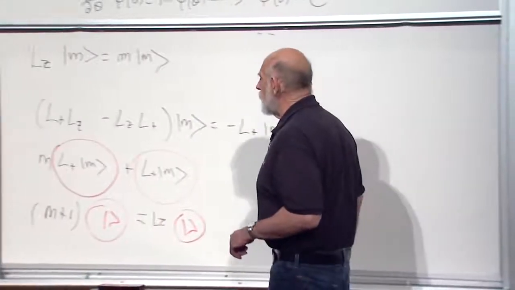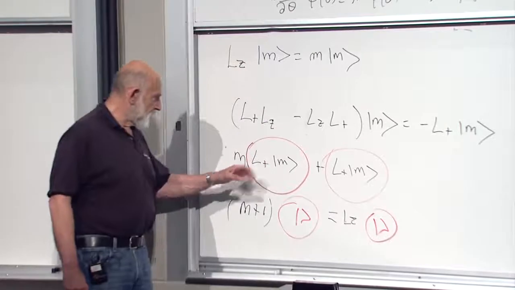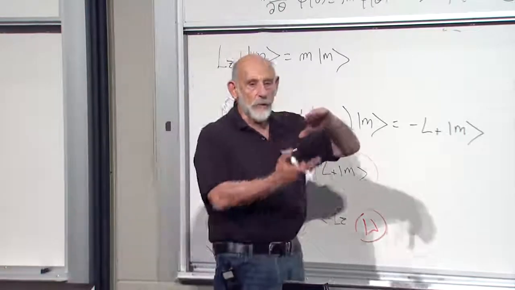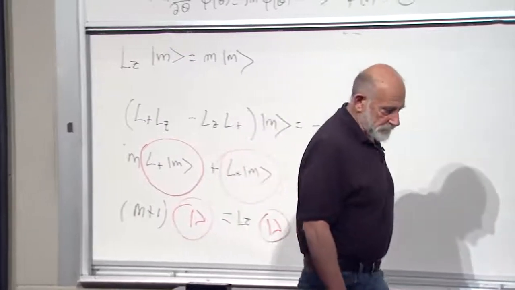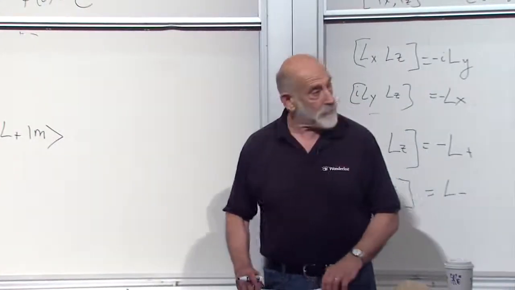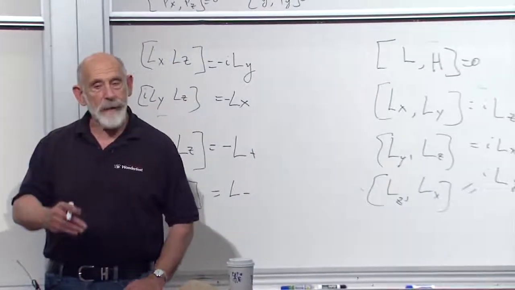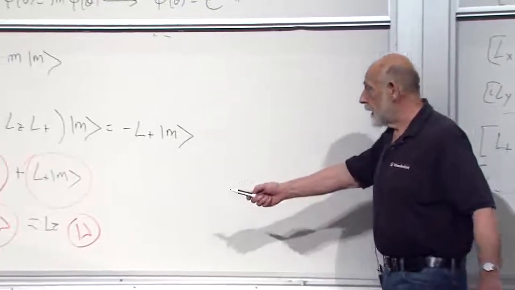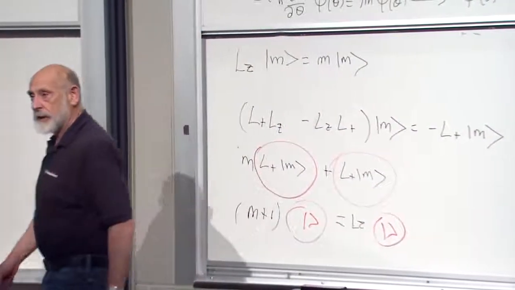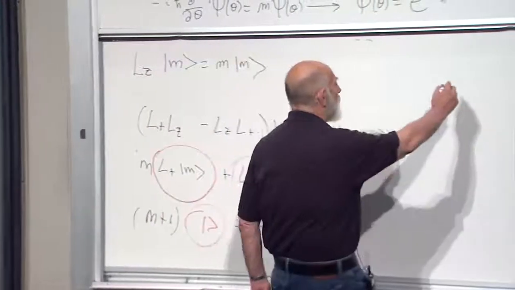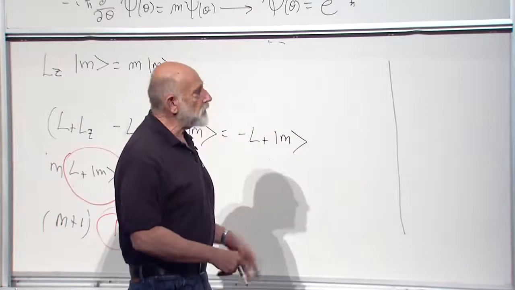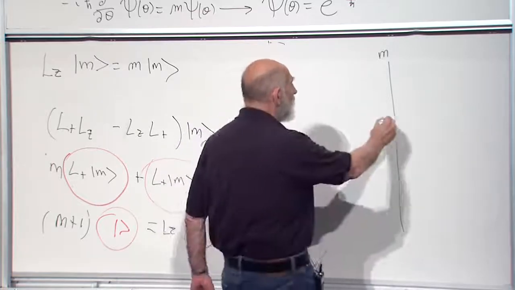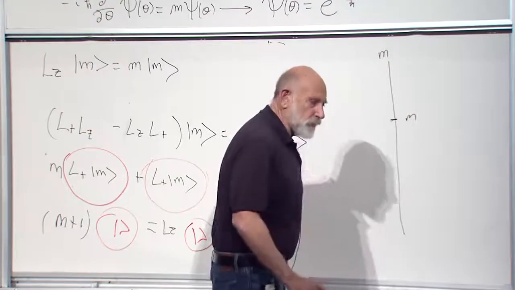What about if we did the same thing with L minus? If we did the same thing with L minus, we would again discover another eigenvector, with eigenvalue 1 unit lower. So we've used the simple algebra of commutators to generate a spectrum of values of Lz. And what's more, they're separated by integers. So we've discovered the following fact, that if we plot on the vertical axis the possible values of m, or Lz,